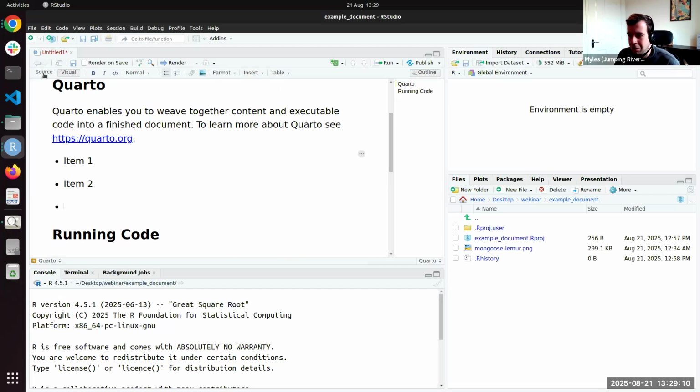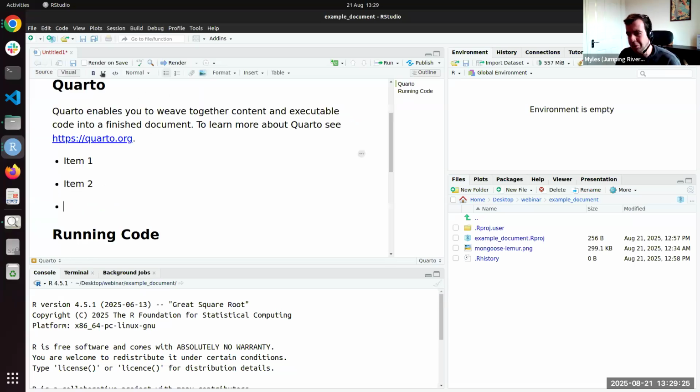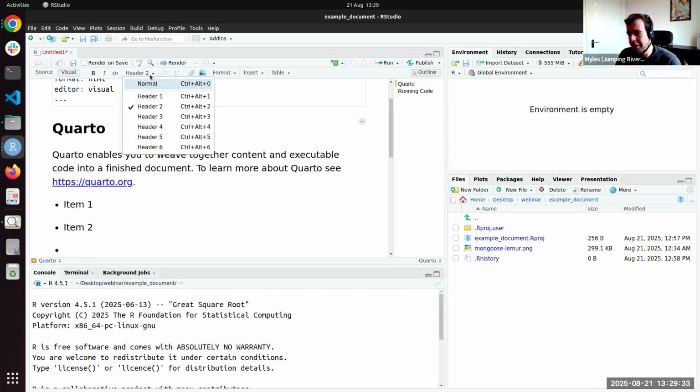If I go back to the source view, you'll see that Quarto behind the scenes is still doing this using Markdown syntax. So it's given us hyphens for the bullet points. But if you hadn't known how to do that, you can just do it through this visual tab if you prefer. So if you don't want to learn Markdown, you can just use this visual tab, and you can essentially edit this like a standard Word document.